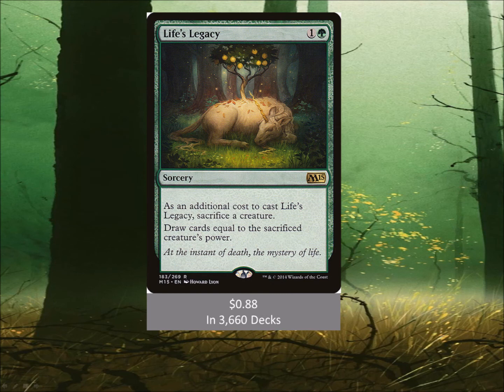Next is Life's Legacy, 2 mana, including a single green. It's a sorcery, and it says as an additional cost to cast it, you have to sacrifice a creature. You draw cards equal to the sacrificed creature's power. So, again, this one wants you to sacrifice a big creature, so, yeah, that's not necessarily what I would want to do in a lot of decks, but again, if you have